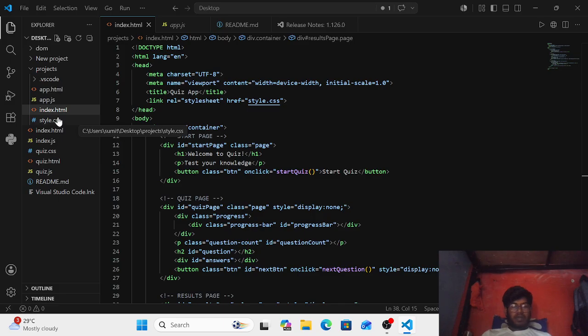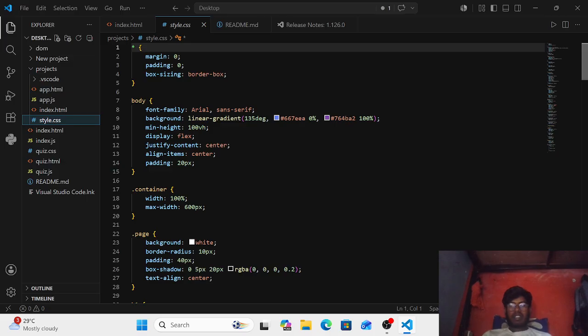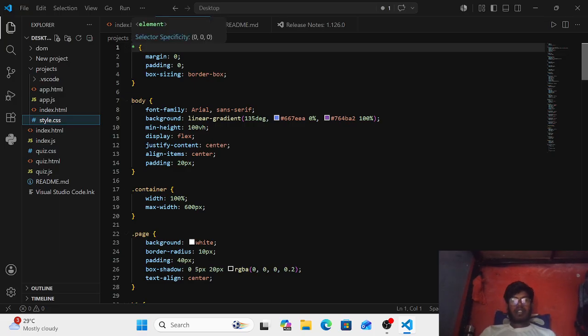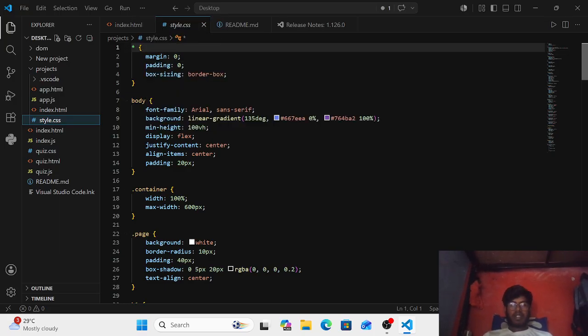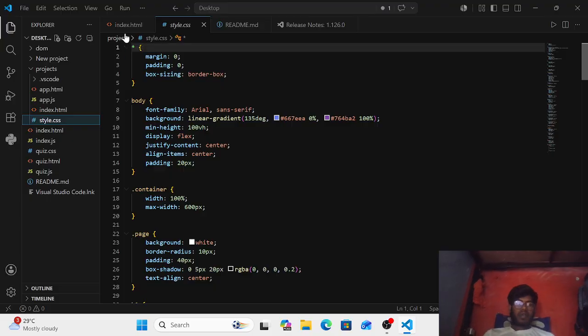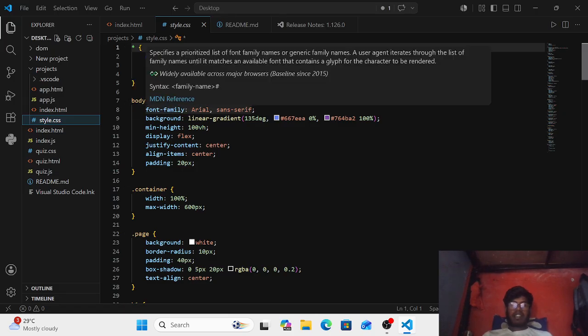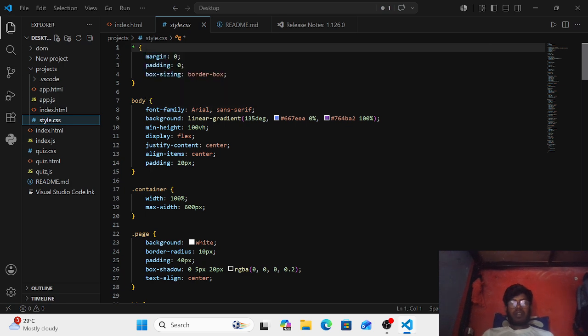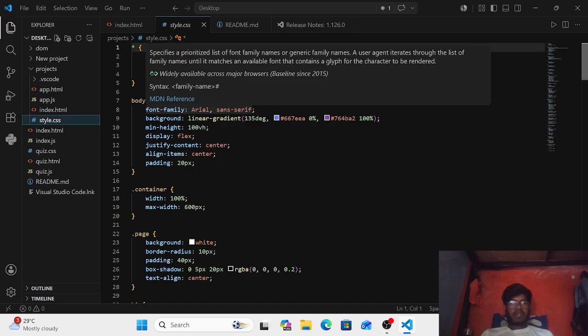And then we understand about style.css. First of all we take a universal selector and give the margin 0 and padding also 0, and give the box sizing border box, and then we close the universal selector, and then we select the body tag, and we give the font family Arial, sans serif, and then